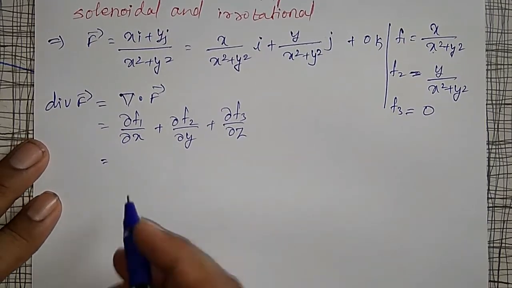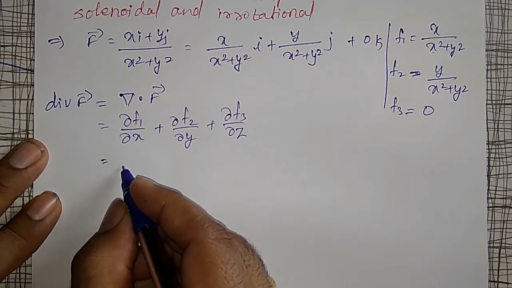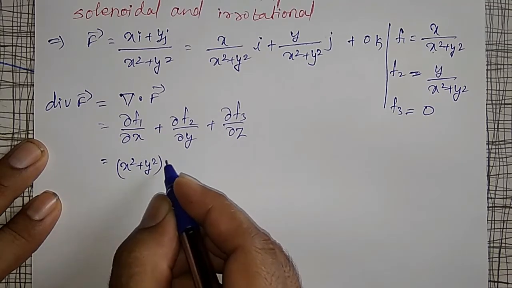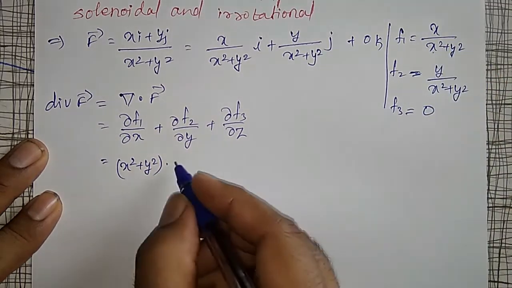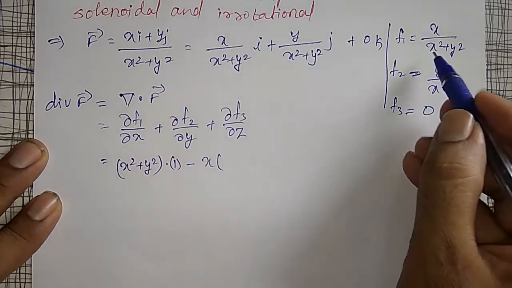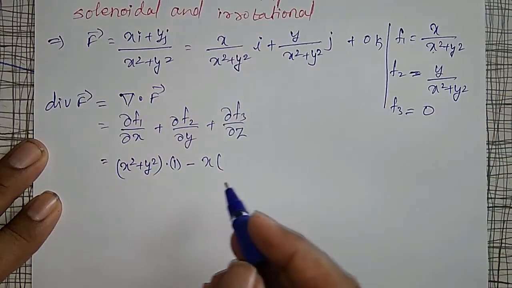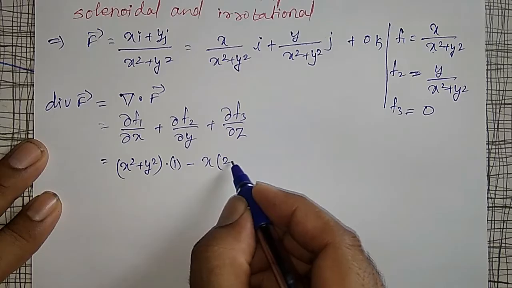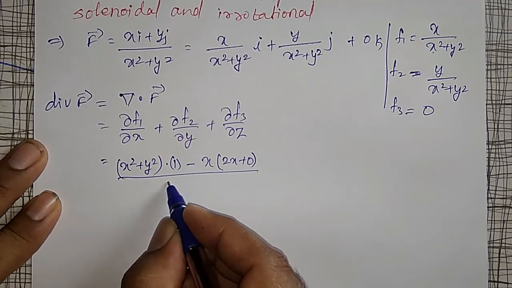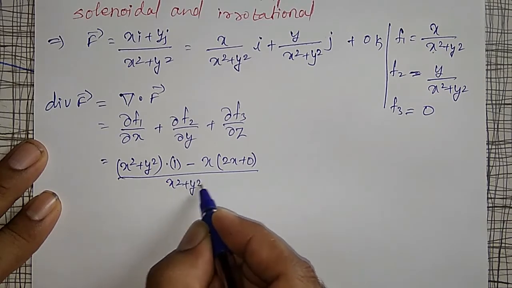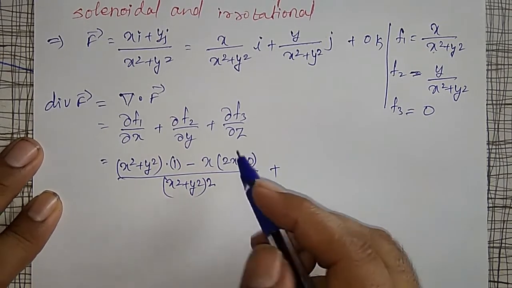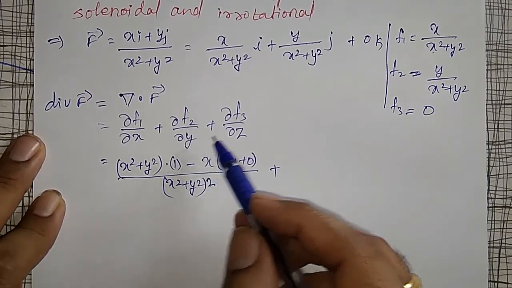That is, differentiating partially with respect to x: (x square plus y square) into partial derivative of x, which is 1, minus x into partial derivative of x square plus y square with respect to x, which is 2x plus 0, whole divided by (x square plus y square) the whole square, plus dou f2 by dou y,